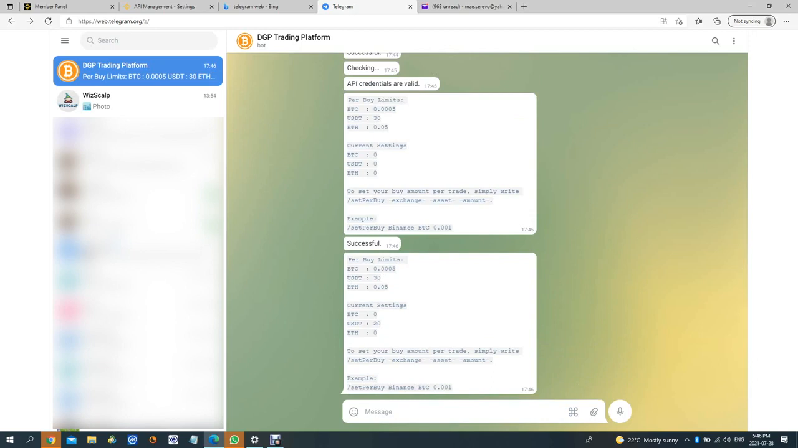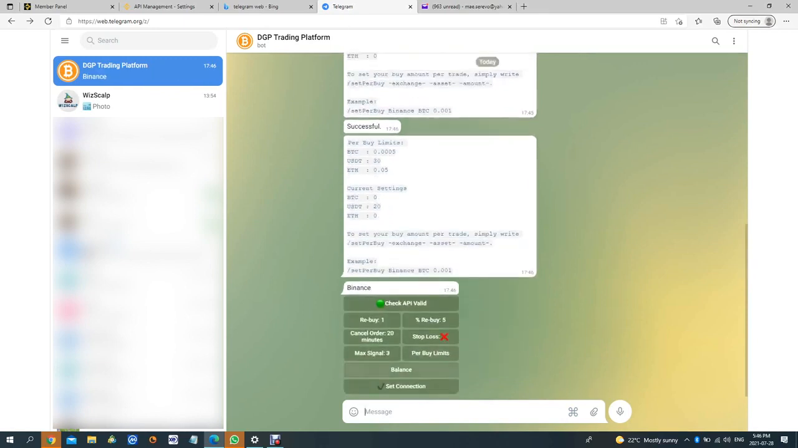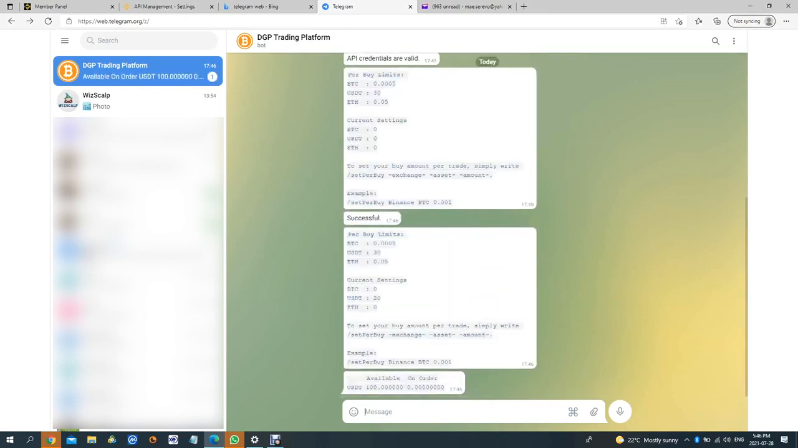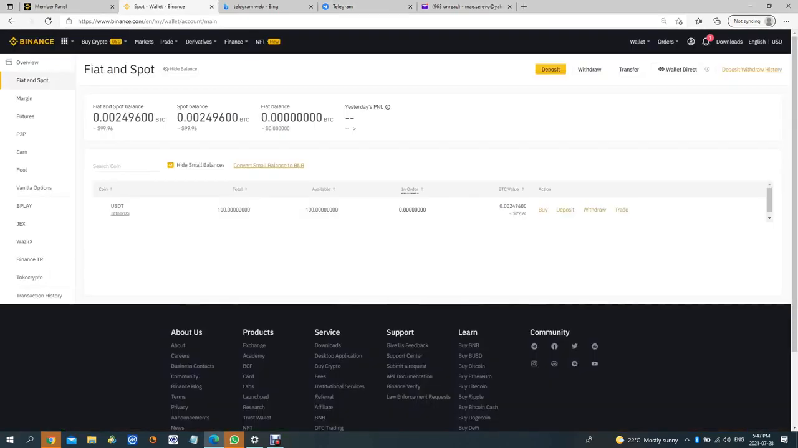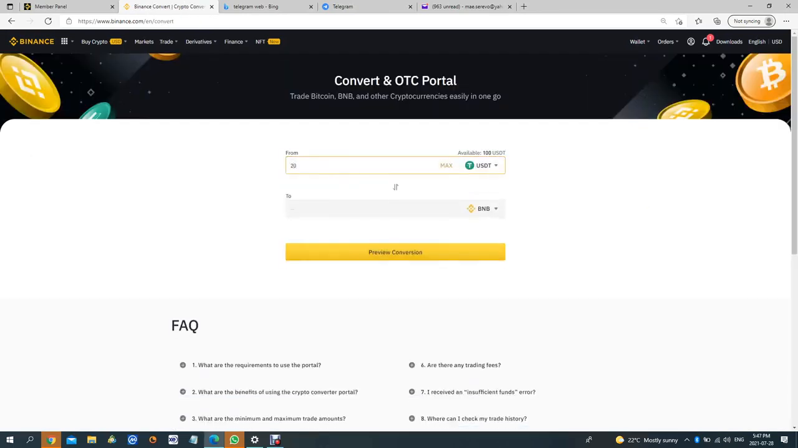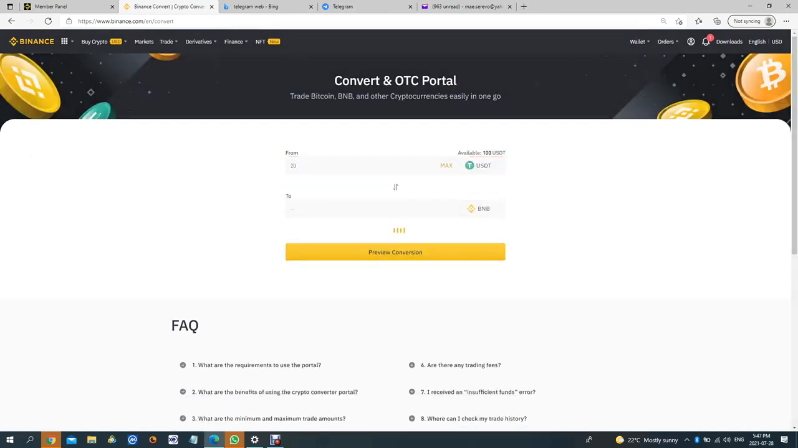Next, we're going to want that gas fee I was telling you about, which is in BNB. So we see right now we have a total of 100 USDT. That's how much we have available according to our trading bot. So already we see that the Telegram and Binance are linked through the API. Now we're going to do a convert. We're going to send 20 USDT to BNB. We'll convert that right away. We now have 80 in USDT and